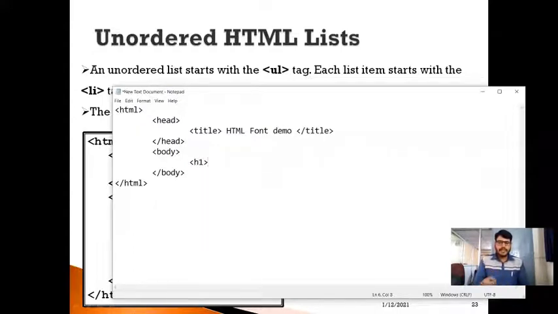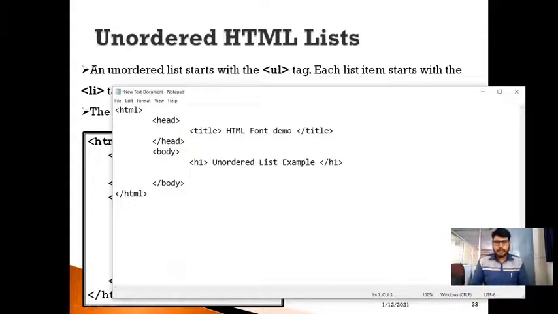So let us provide a heading called unordered list example. Okay, and let us close this h1 tag, and below this now I want to generate the list items.